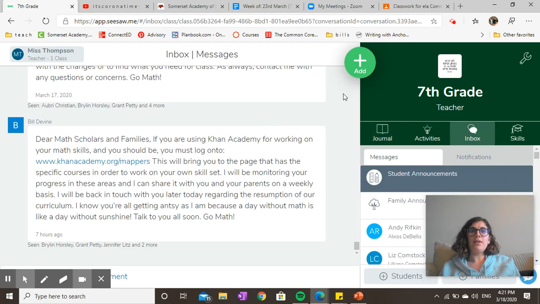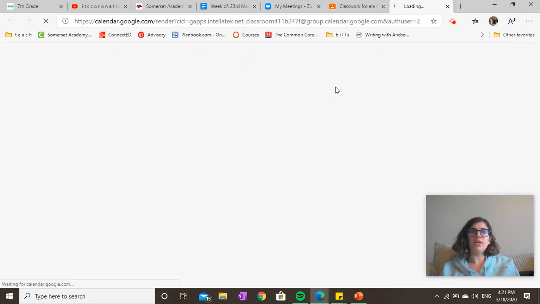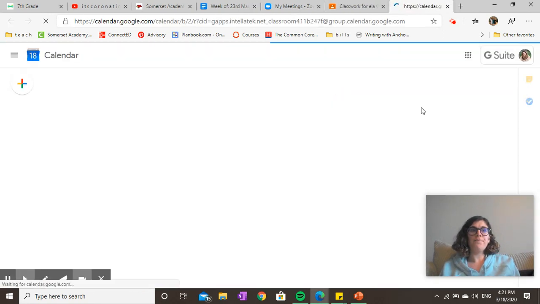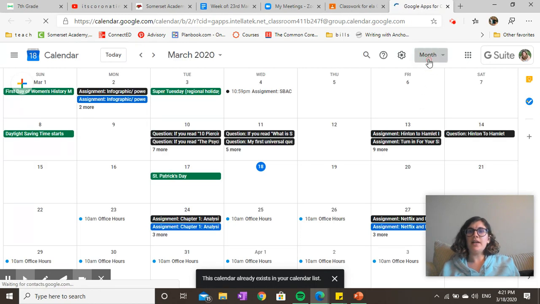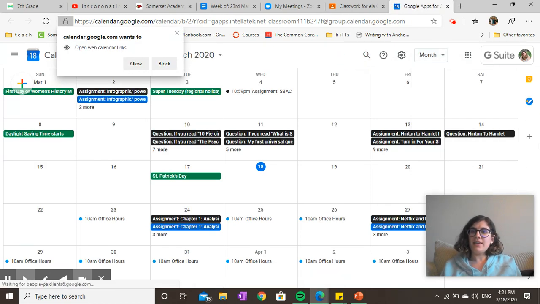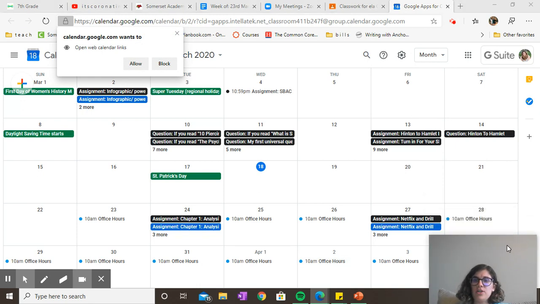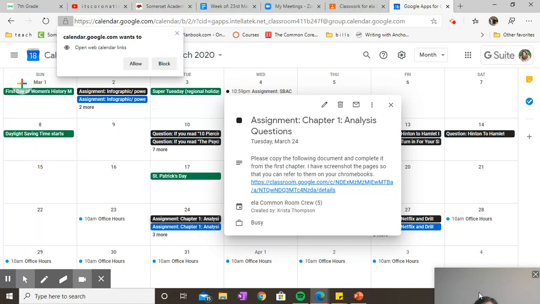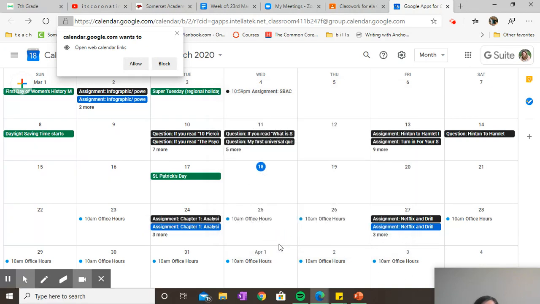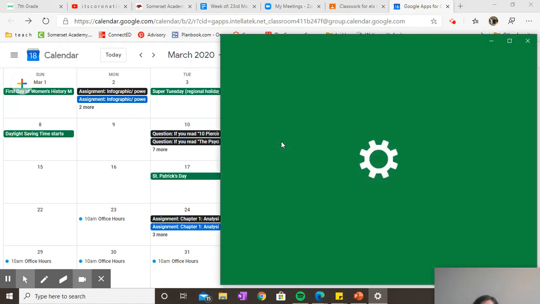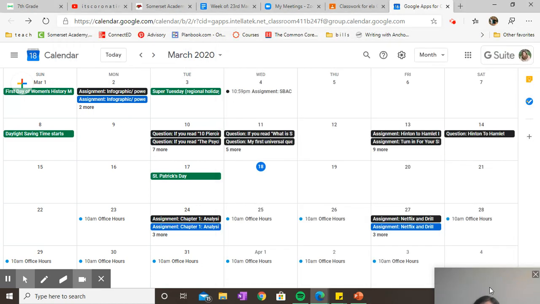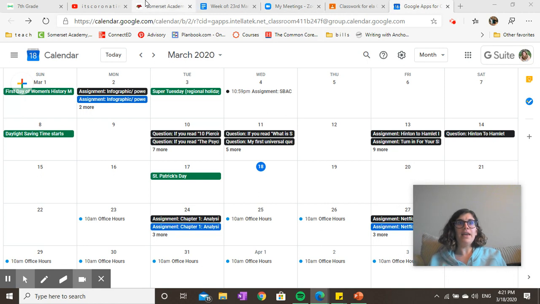Another tool for you as a parent, just for the time being, which I've shown to your kids for the most part: if you want to see their Google Calendar for the month, they can go in here, and not only will it show their assignments, it will also show their office hours, at least for me, and anything else that's going on. Here we go. So if you have any technological questions, any content questions, or any concerns, feel free to Seesaw me